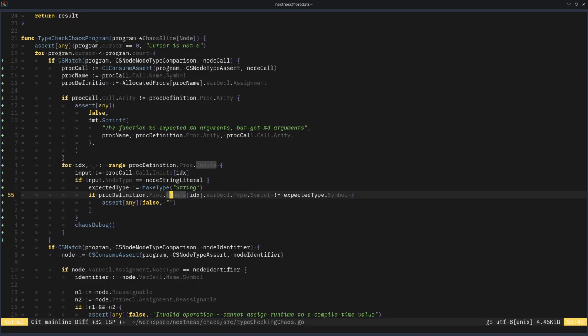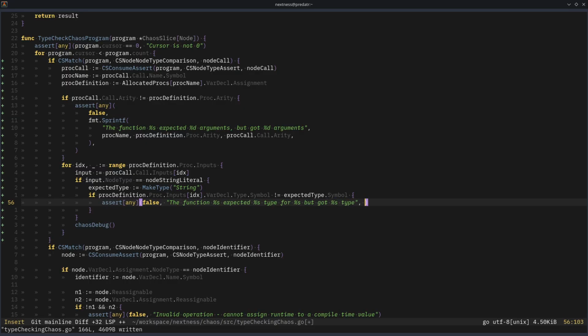Okay, so what we can do is basically say the function whatever expected this as a this type for this argument but got this type or something. So we have proc name, then we have expected,